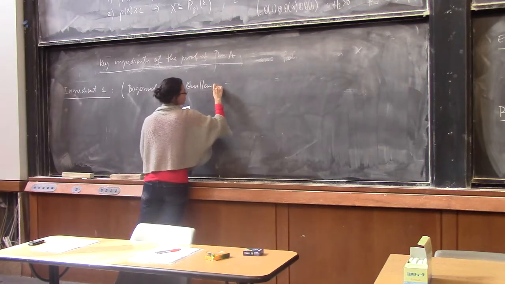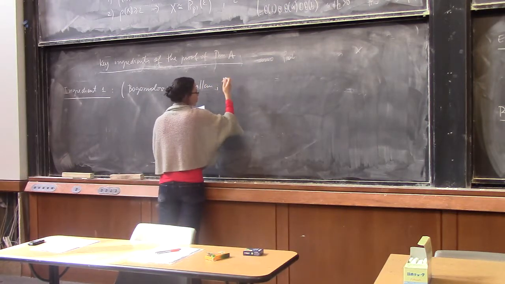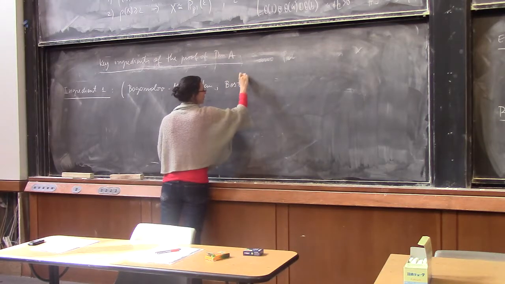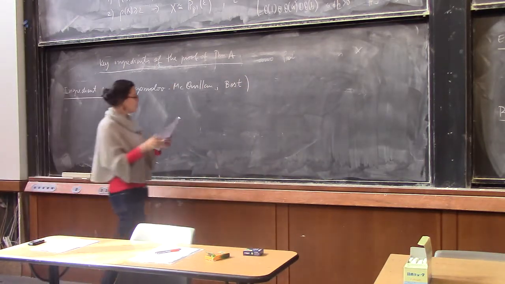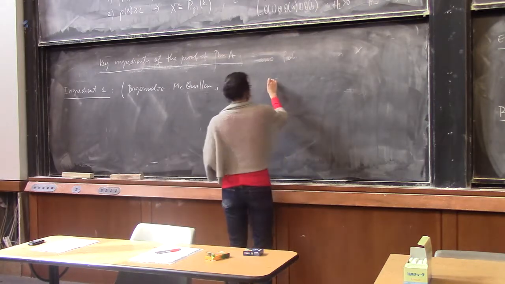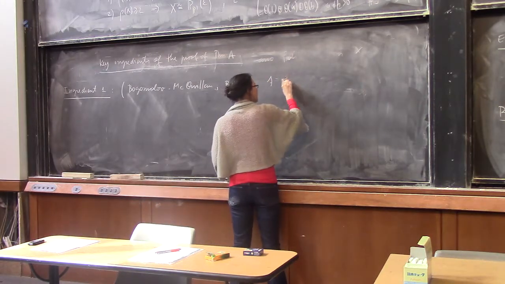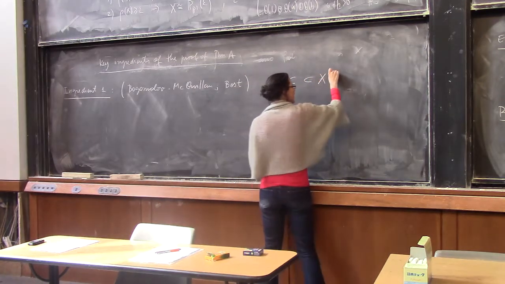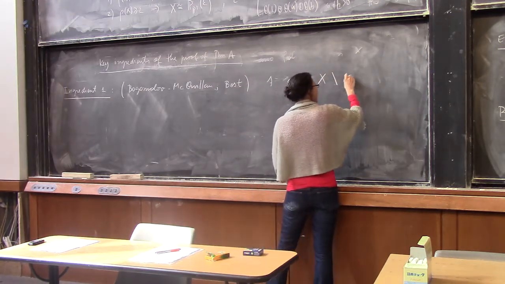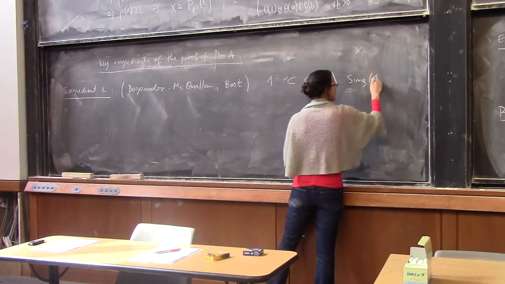And I should say that the algebraic part is due to Bost. So the criterion says the following. If you have a proper curve contained in X, avoiding the singular locus of the foliation,